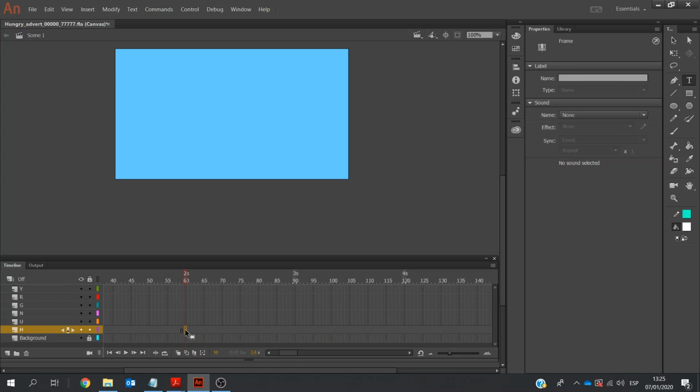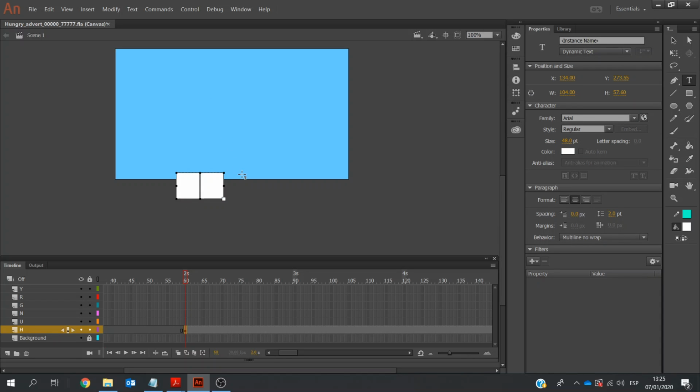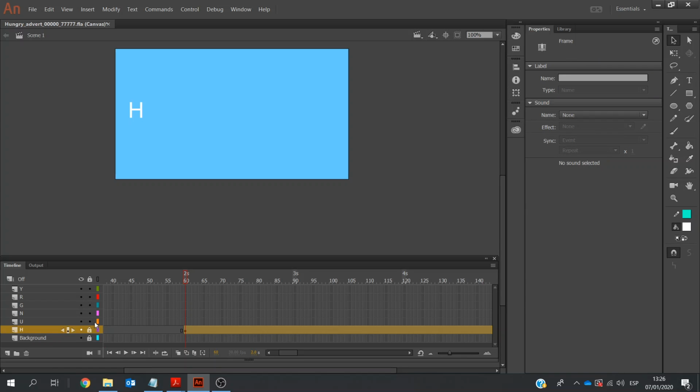Back down to my timeline, clicking this here. So this is going to be H. I'm going to resize the text box. Do this here. I'm going to click on the selection tool, and I'm going to move this up here, something like this. You can put all the letters together or maybe just spread them out a little bit. Okay, so I'm going to lock the H there, and then I'm going onto the U, which should be